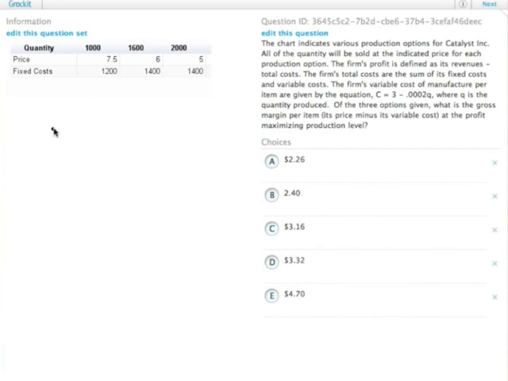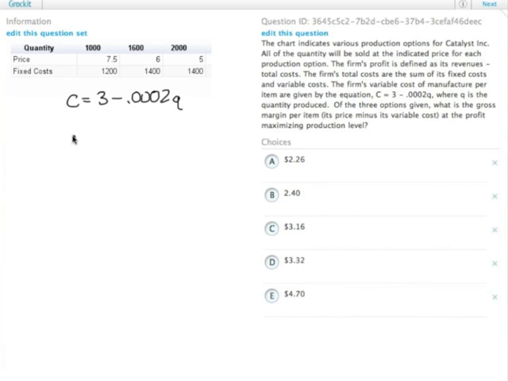So we have a couple different production options here, and we need to figure out which one is the optimal one, and then figure out the marginal cost, the gross margin per item, once we figure out which one is the right one. So let's first start by figuring out what the variable costs are for these items at these different rates. That variable cost is set by that formula that we get in the problem,